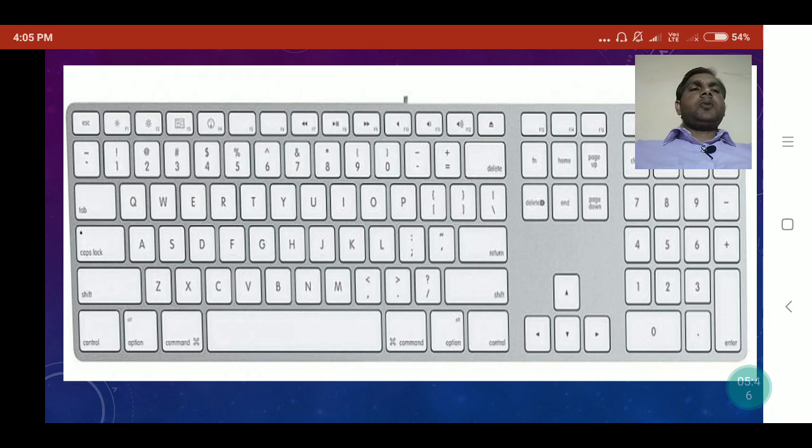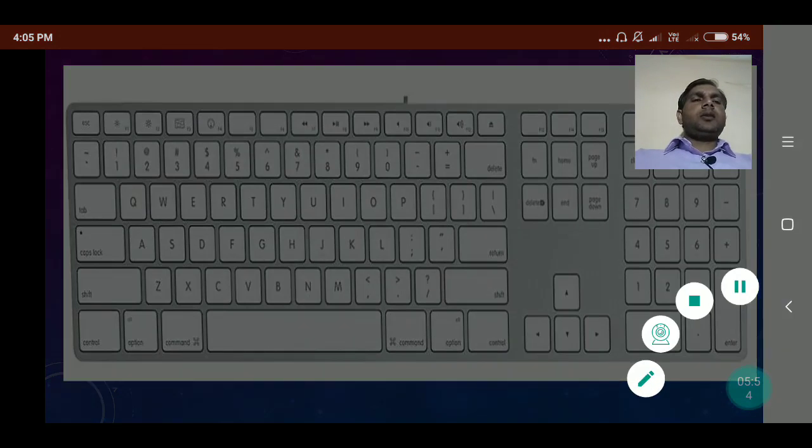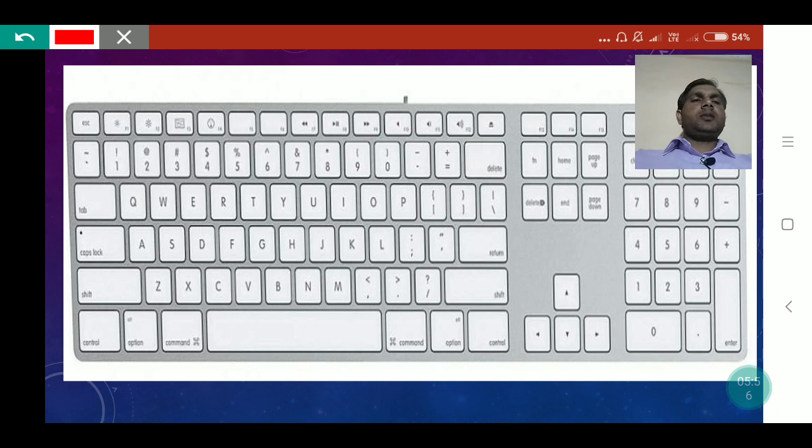The next type of keys are the punctuation keys. In this keyboard you can see semicolon, comma, full stop, and these are punctuation keys on the keyboard.